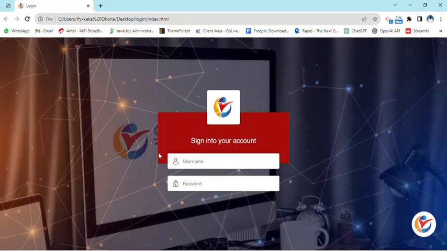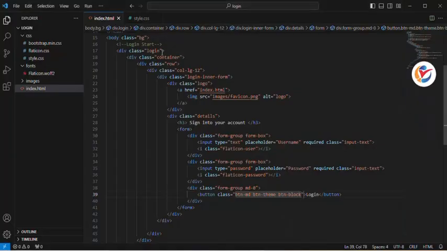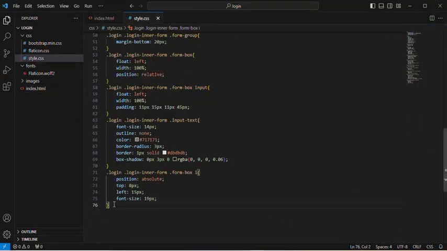If you notice, initially our detail is not covering up the whole form, but I think now everything will be adjusted. So we want to style this now. We don't want it to look like this. We want to make it look a little bit fancy with our CSS styles. So let's go to our style, and then we're going to have our .login-form, and this time we're going to be having